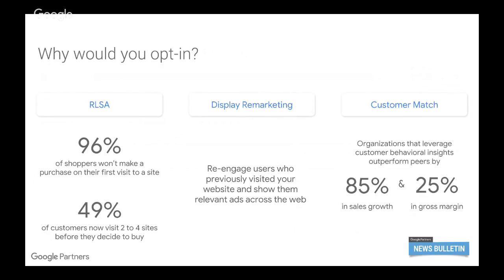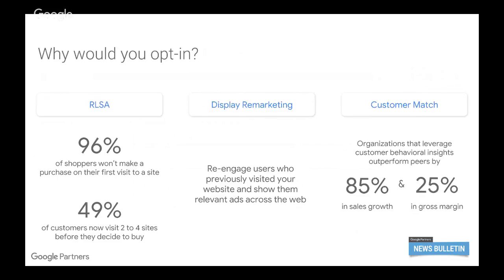The point is, if you're looking for data to build an audience strategy, the audience manager is a great place to start. Yes. For the rest of the type of products and features that you can leverage within your identify and re-engage strategy, RLSA and remarketing in general is really interesting. Why? 96% of shoppers actually leave first visit to a website without converting. So that means that they will probably compare, they will probably come back to you, but you need to make sure that you're always present every step of the way, because it actually takes 49% of people 2 to